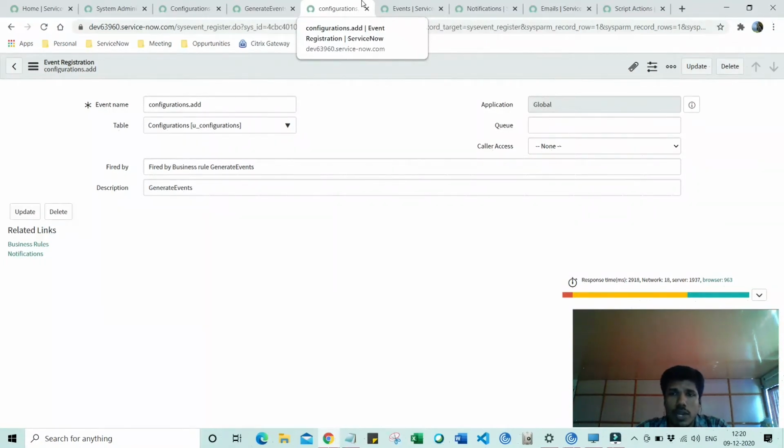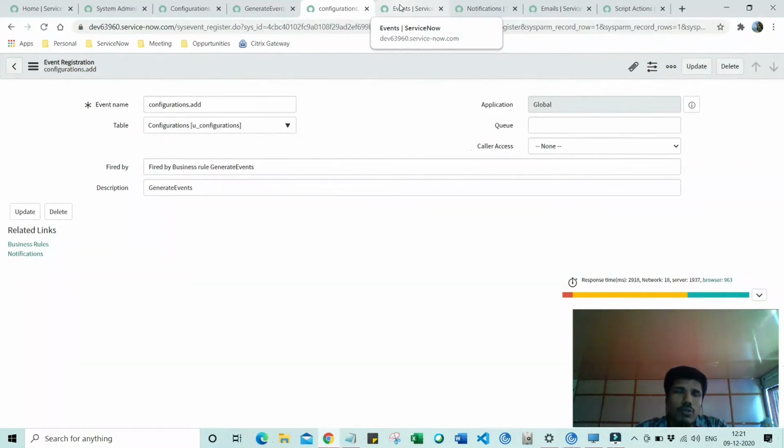If I want to identify a certain activity and call it by a name, then I will register that on the event registry, so that tomorrow if someone wants to reuse it, let's say a different user wants to have a different action performed on the same activity, that is adding on the configurations table, he will reuse the same event to probably throw notifications or perform some other action.